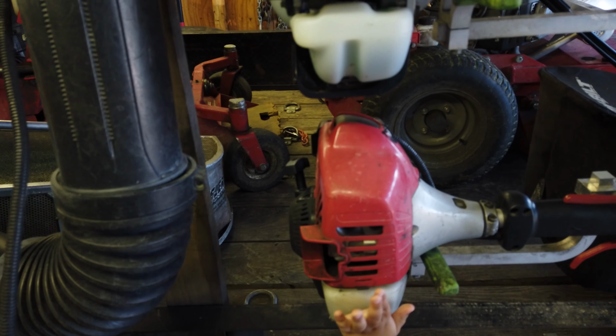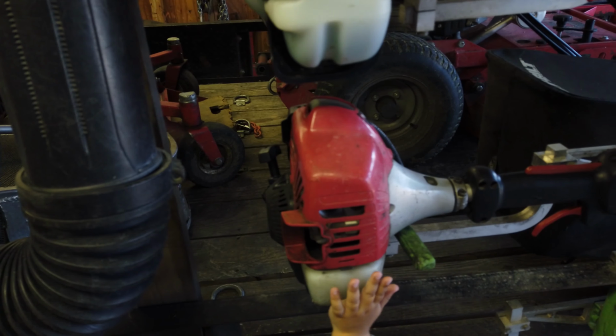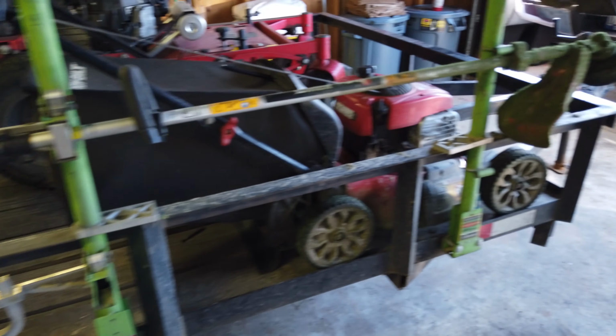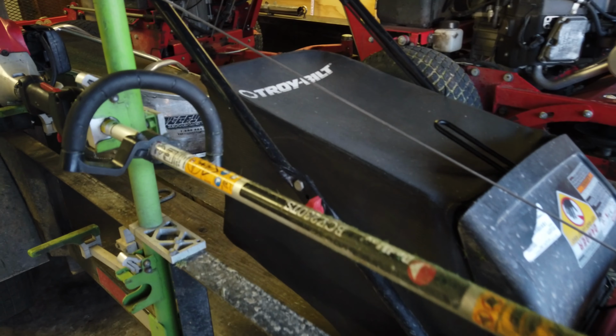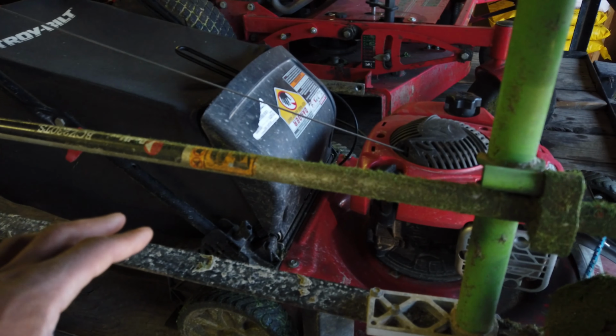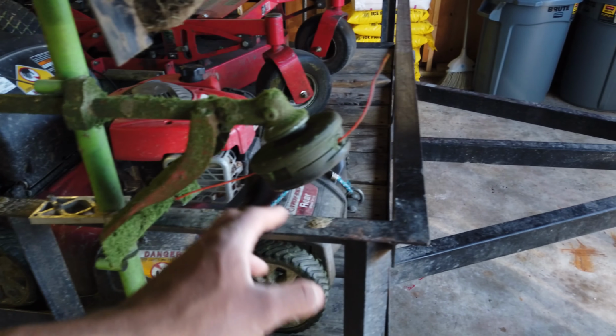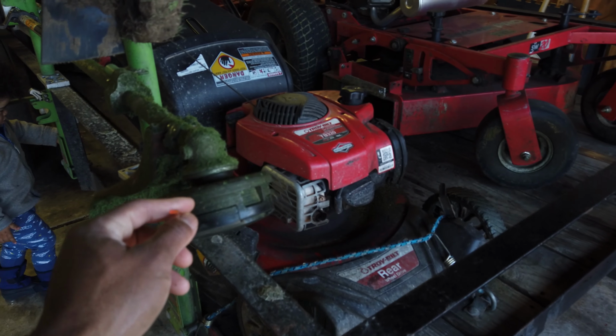I just run them. I don't take the spark arresters out, and they seem to run better with the spark arresters in. They handle the bigger heads. This is a BCZ 230 TS. This is their lightweight commercial trimmer. It's full commercial, but it's a lightweight version of their commercial trimmer, and